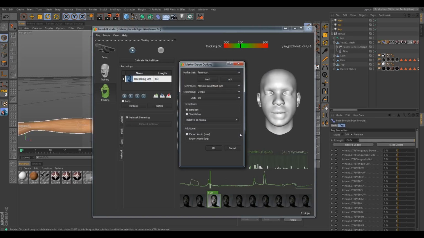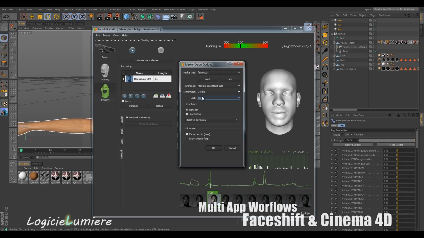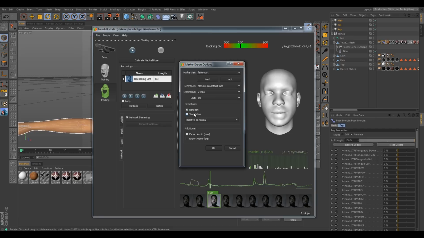We can go ahead and save it, and then I'm going to go ahead and resample it down to 24 frames per second, because that's the frame rate I typically work on my animations in nowadays. We're going to save the units as centimeters, because that's Cinema 4D's default unit of measurement. We'll keep the rotation and translation relative to neutral, and we'll export out the audio file.